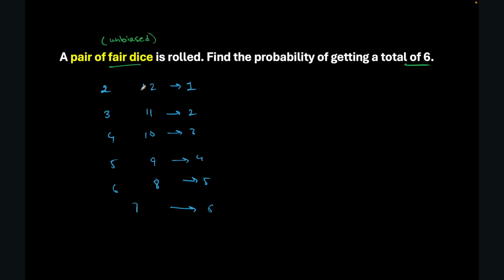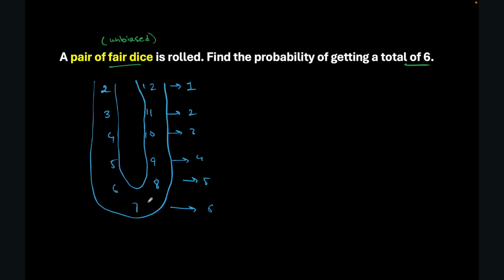Getting a 6 and a 6 is just 1 out of the 36 total possibilities, right? So this is kind of a U-shaped pattern you can think of. It's like a shortcut. And then you can see, okay, if I want to get a total of 6,